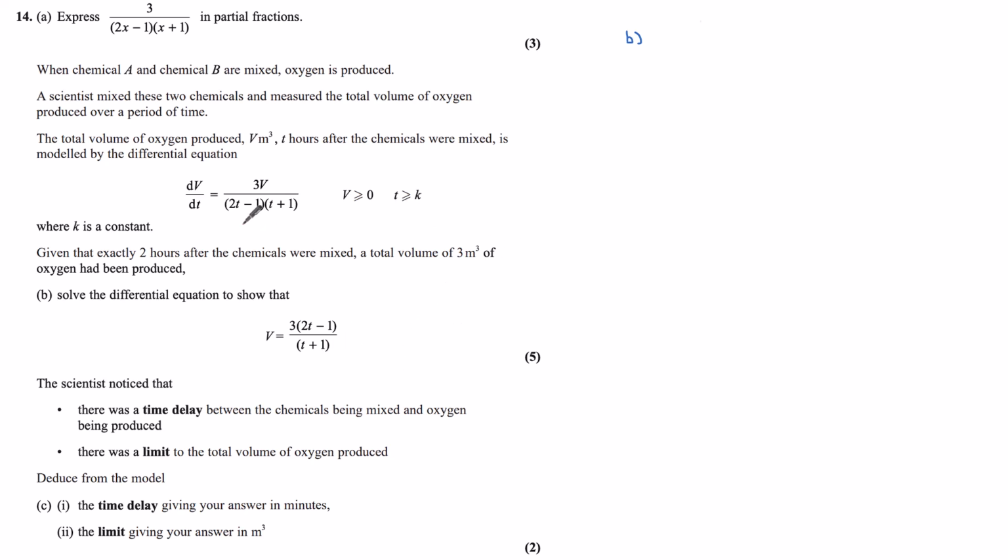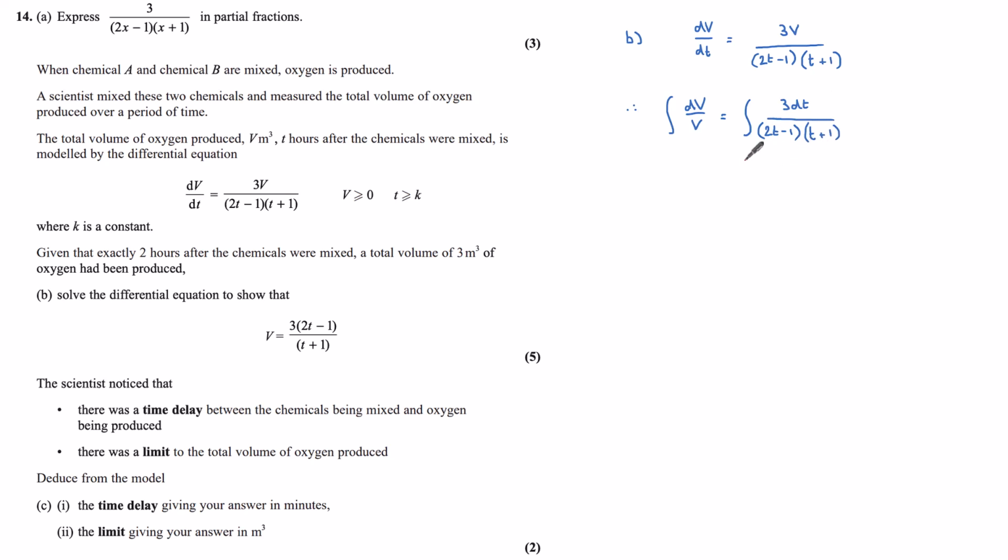Okay, so we are starting with the equation that's given to us. We've got that dV by dt is equal to 3V over (2t minus 1)(t plus 1). Now, when we're solving this type of differential equation, we would like to have the dV on one side with the V's and the dt on the other with the t's. A process we call separation of variables. Rearranging this, bringing the V's to the left hand side and taking our dt to the right, we have that the integral of dV over V is equal to the integral of 3 over (2t minus 1)(t plus 1)